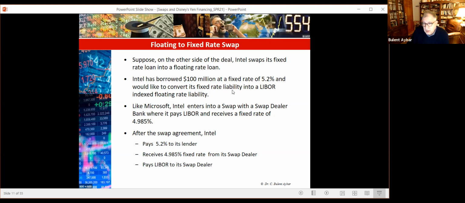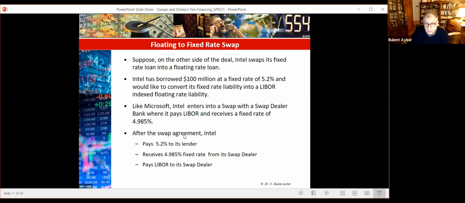It might be related to an anticipated interest rate decline, or simply Intel's cash flows might be more aligned with a floating payment. As a result, they might want to engage in this deal. So motivations might vary, but regardless of motivation here, the intention is to convert this fixed rate loan into a